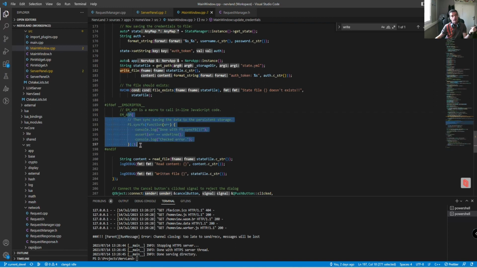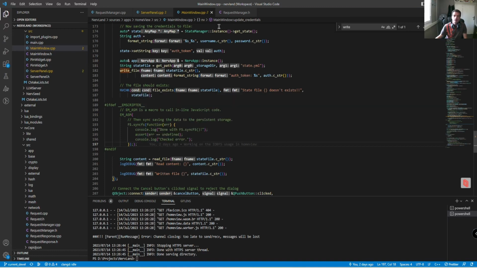So you need to call that, and this time you don't provide the true value here. It means you're going to copy what you have in your Emscripten file system into the IndexedDB. So I was missing this part, but even with that, that was still not working,